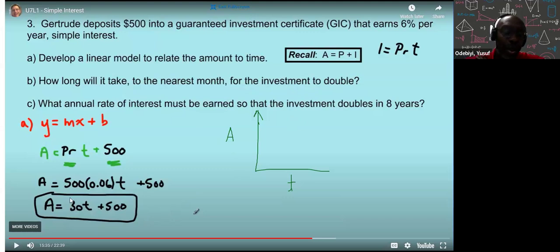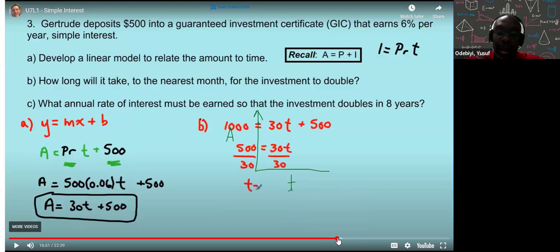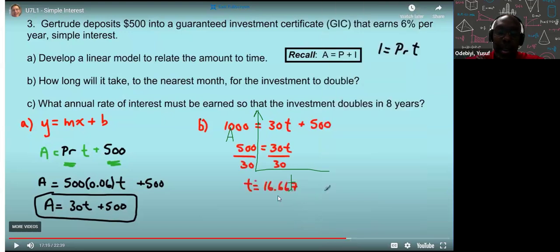If we were to use this equation, then we would set our amount A to 1,000 because we're doubling 500. Okay, and then we have to solve for t, which is the time. So now how long does it take to double? Well, when you solve that, you'll get your time. Okay, and you do that with these punches on this calculator. You're gonna get